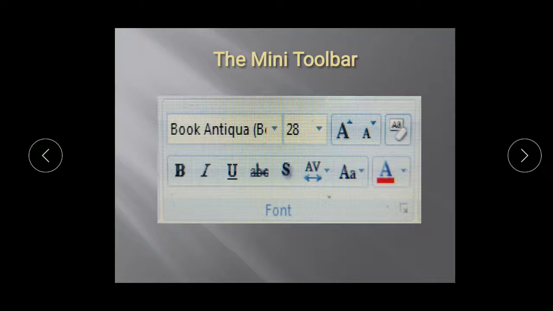So the mini toolbar has shortcuts for formatting text. Shortcuts will be there for formatting, that is your font style, font size, and increasing the font with just a click. Then you have formatting like bold, italic, underline, strike through. Then size variation, that is small to large, large to small. Then you have text formatting, color for the text, and erasing of the text. So this is basically formatting a particular thing in the Microsoft application.